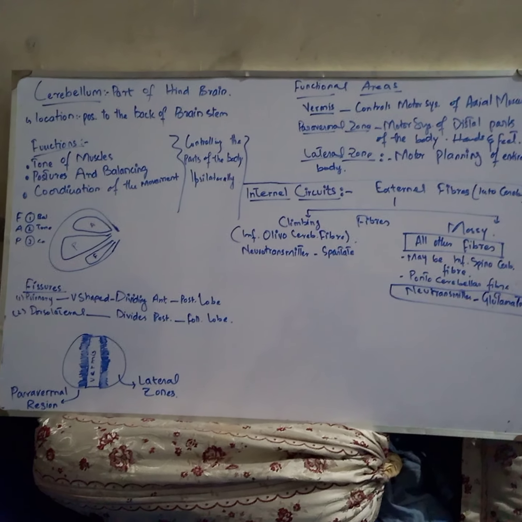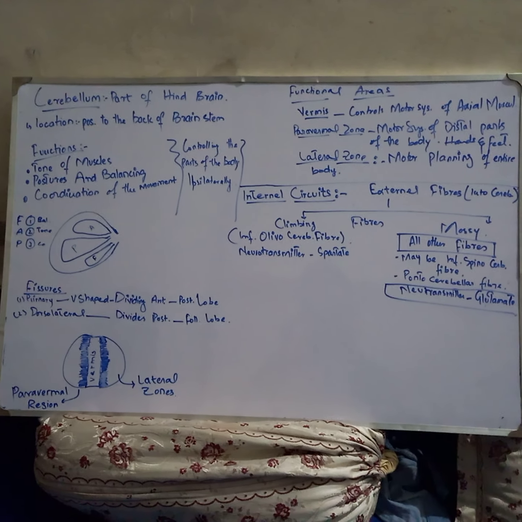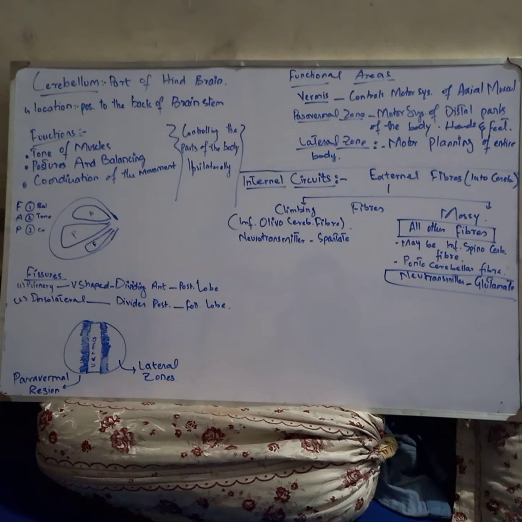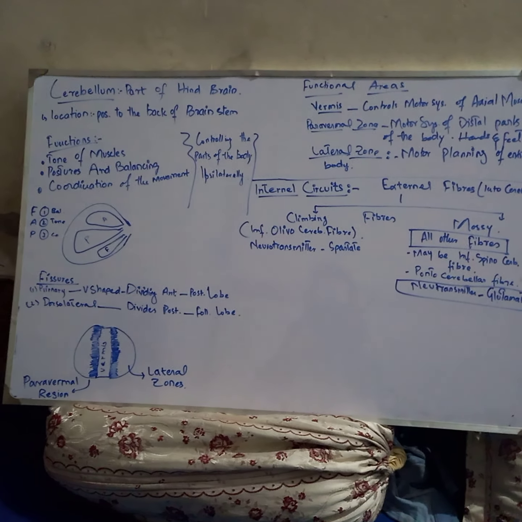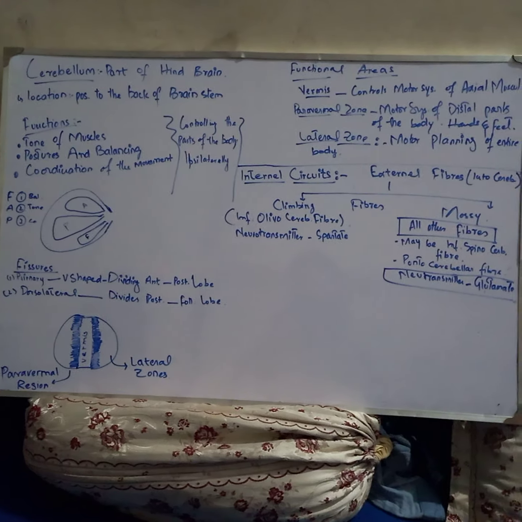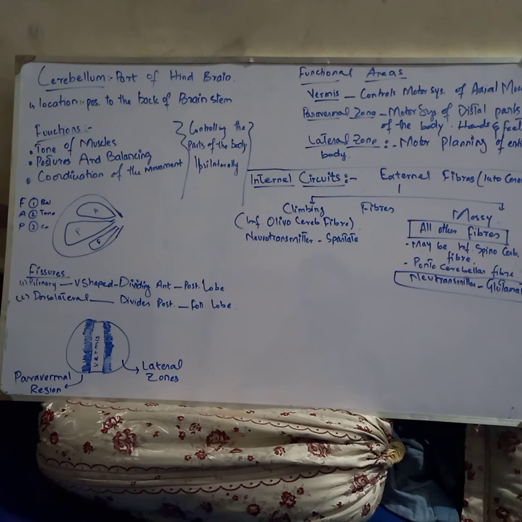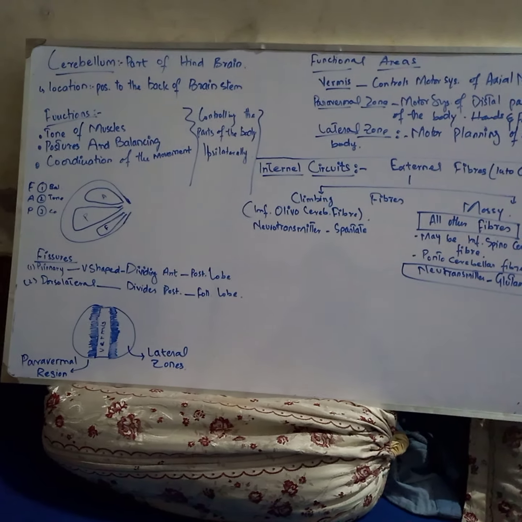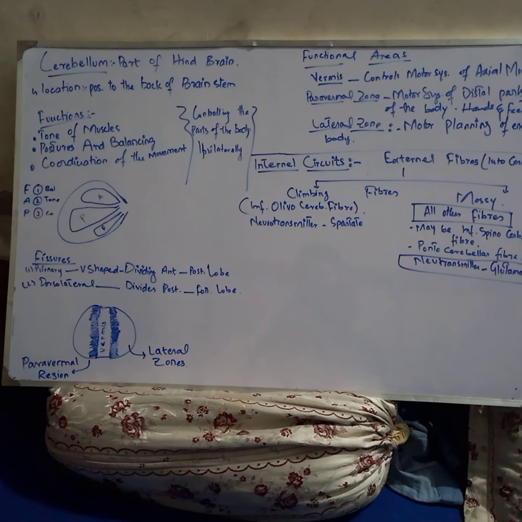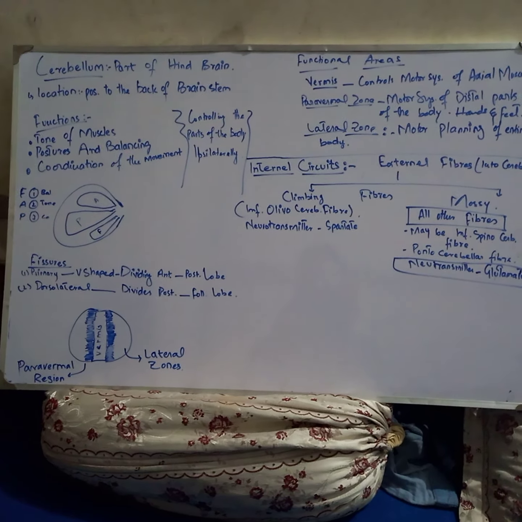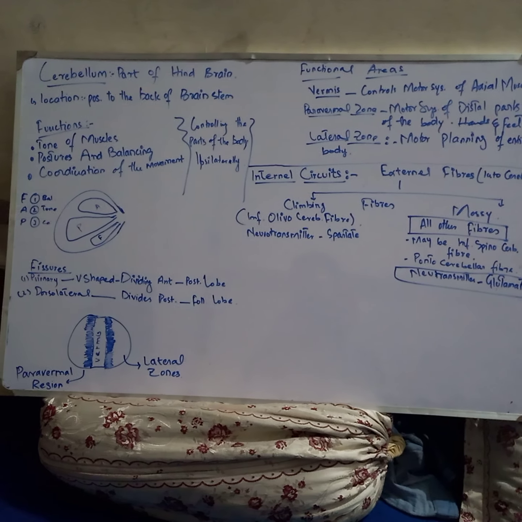Hello everyone. Talking about the cerebellum, which is part of the hindbrain. It is located posterior to the back of the brain stem. Coming to its function, it controls the tone of the muscle. The weakness and the strength are, of course, associated with the health of the cerebellum, and it also controls our postures